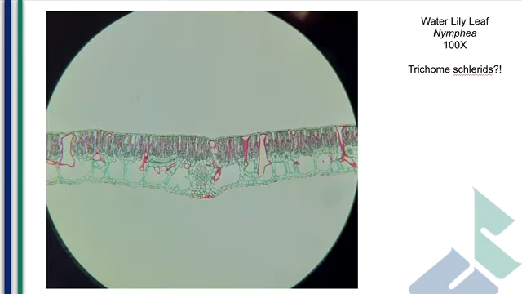Now next up we have our water lily leaf, Nymphaea. We hopefully will be taking a look at some fresh preparations of Nymphaea leaves underneath our fluorescent microscope. We've gotten some really cool images of this in class, so hopefully stay tuned. But you'll notice that there are airy spaces on the bottom, air sacs, a vascular bundle. Nymphaea species are very unique in their photosynthesis. We won't go into it in this lab, probably a little bit too much. But again, if you want me to, we can talk about the fact that these are an aquatic type of